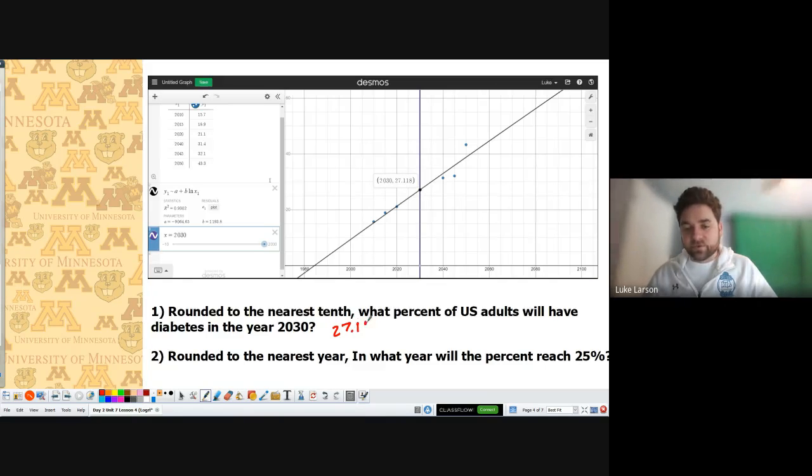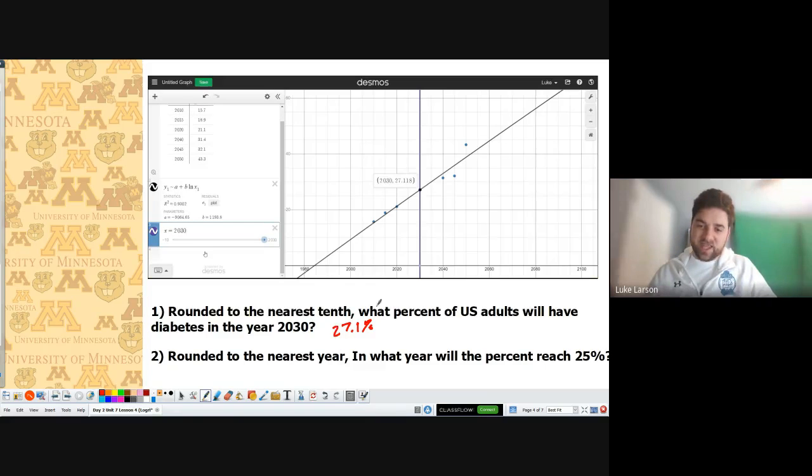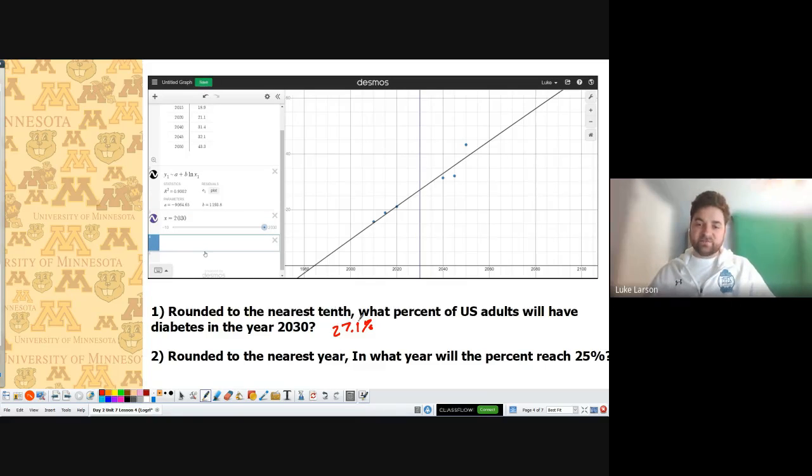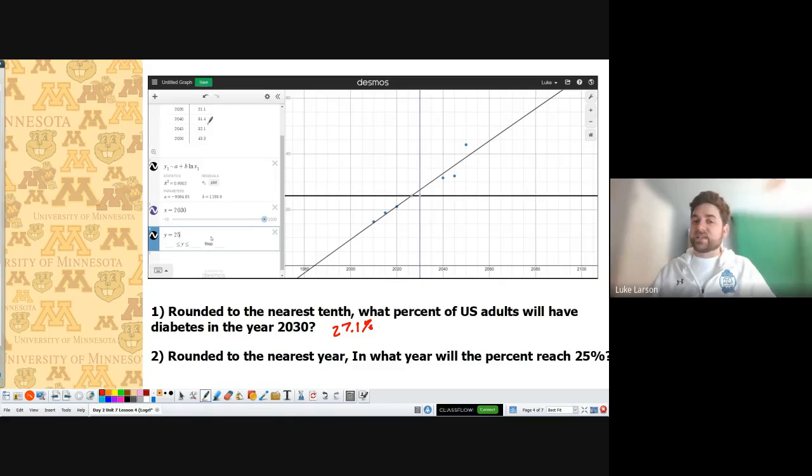27.1% of the U.S. population will have diabetes in 2030, 27.1%. All right, so here's the y value is 25%. So y equals 25. I don't put the percent symbol because I didn't use percent symbols up here. 25%, and that would be in the year 2026. And it's round to the nearest year. Yep, so 2026